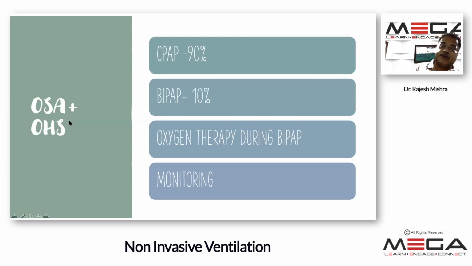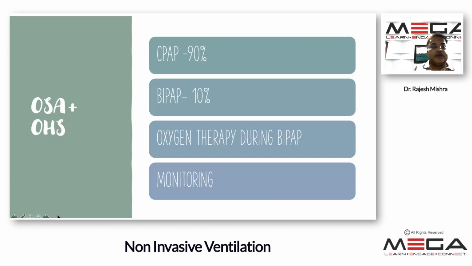But you need to monitor. You need to see the symptomatic improvement in the first fortnight, and if it doesn't improve, you need to monitor the ABG during sleep and after sleep. And if you find that there is inadequate alveolar ventilation, then we have to combine it with the OSA therapy. So for the first 2 to 3 weeks, you have to be very careful when you are dealing with an OSA sleep